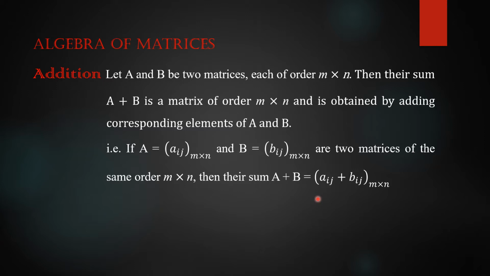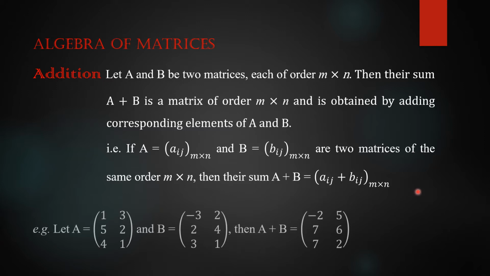So now you take the example. You see, I am taking here the matrix A is equal to this one, 1 3 5 2 4 1. What is the size of this matrix? You see there are 3 rows, 1, this is 2, and this is 3. There are 3 rows, so 3, and 2 columns, 1 number column and 2 number column. So the size of this matrix is 1 by 2. Sorry, 3 by 2. And here the matrix B is also of the size 3 by 2.